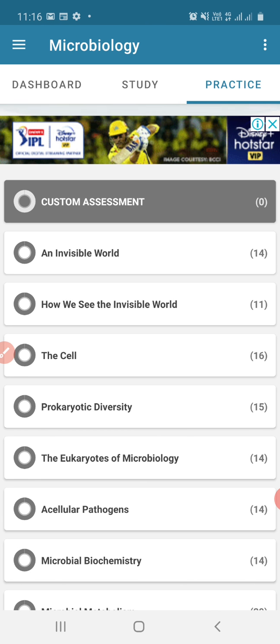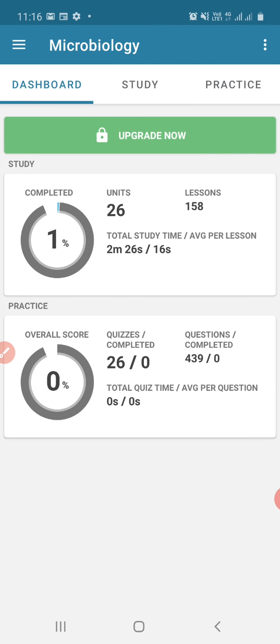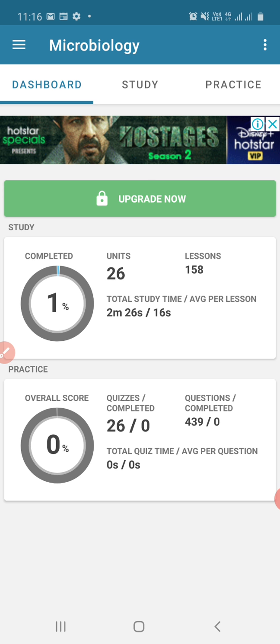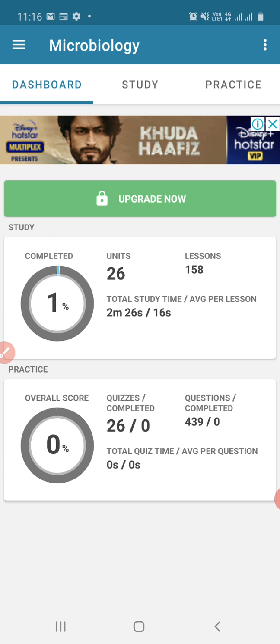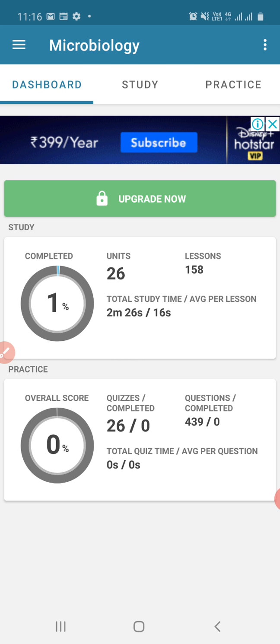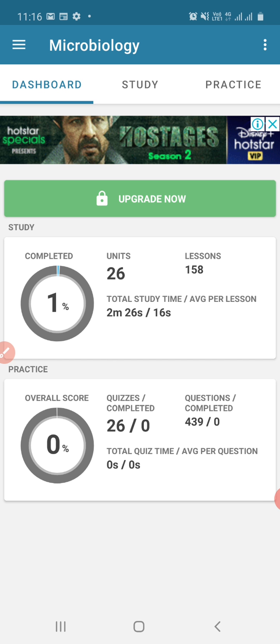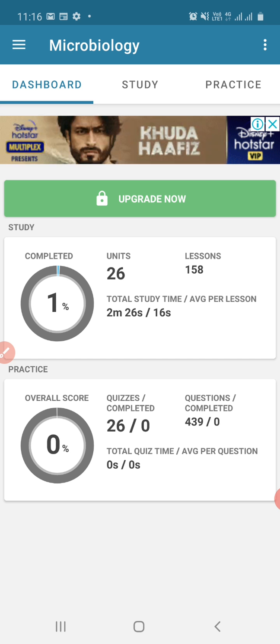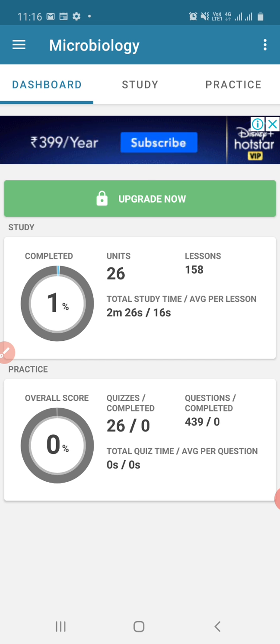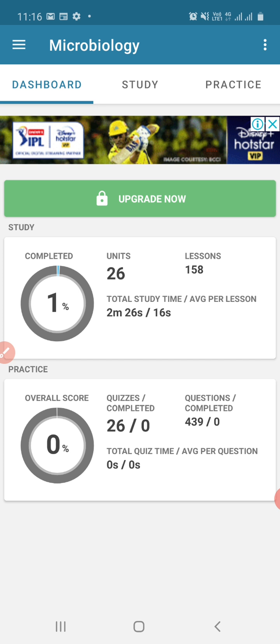In this way, I think this app will be very useful to all students preparing for regular BSc or MSc, or for CSIR NET JRF exams or other competitive exams in life sciences or related to microbiology. So just download this app. It should be on your mobile, like WhatsApp or Facebook or Twitter or Instagram. It will be very useful for your preparation of exams or competitive exams.